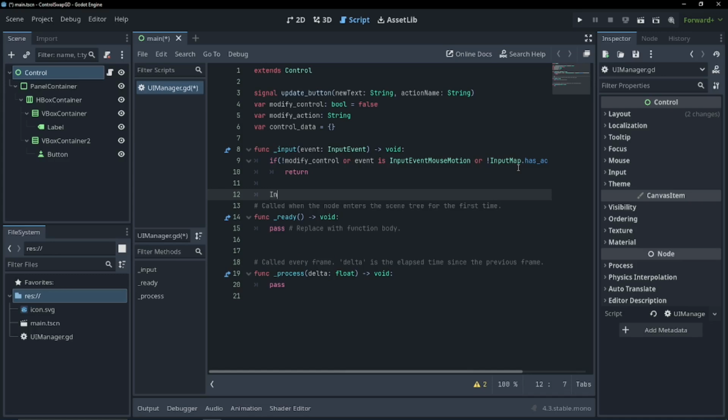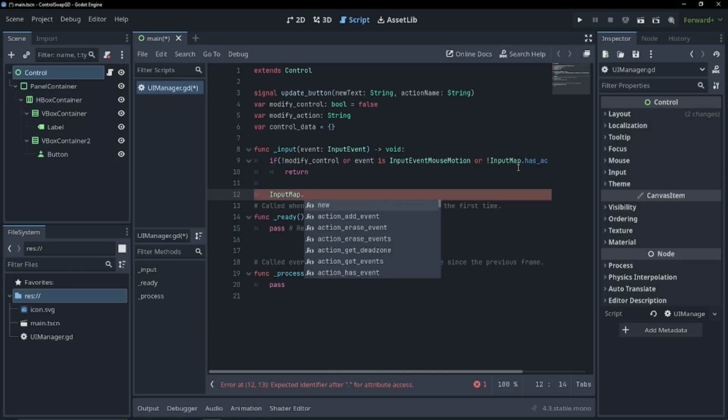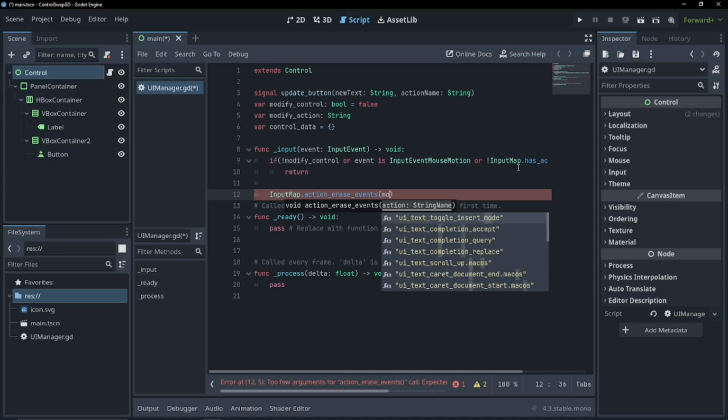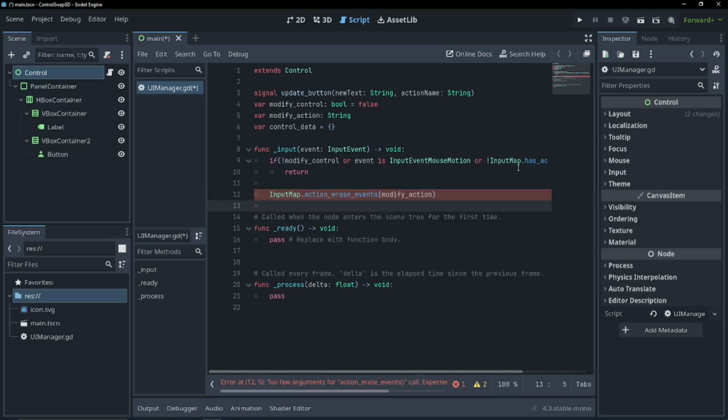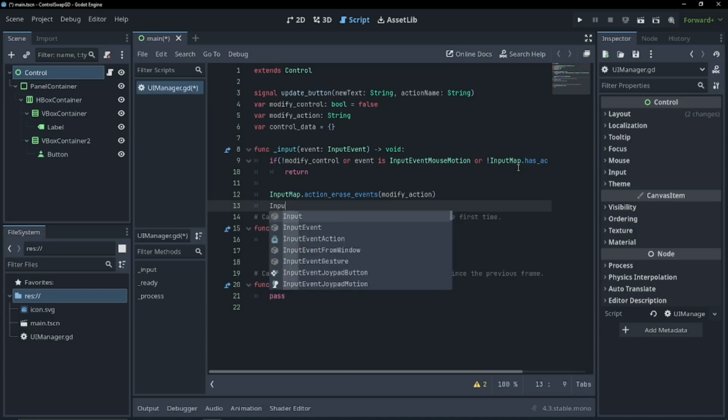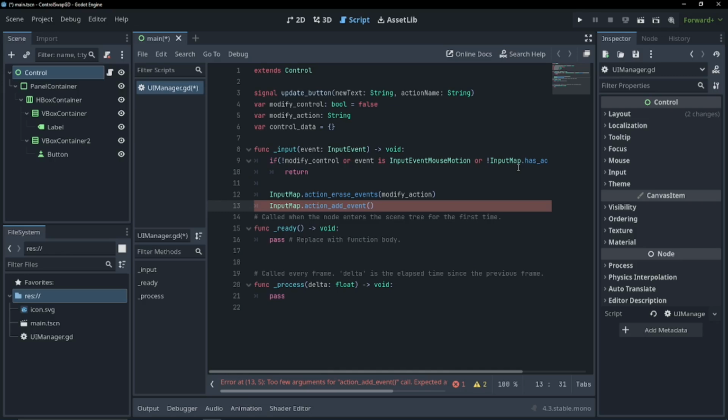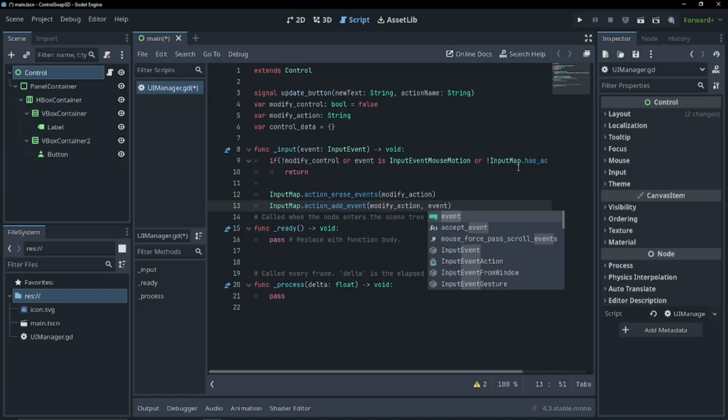So now we can delete all the previous input maps in our user controls because we don't want the user to have multiple controls. We don't want to keep adding on to it. We want to reset this. So InputMap.action_erase_events for erasing everything. Modify action. Now we're going to add in a new event. So InputMap.action_add_event. Now we've got to pass in our modify action string and our event. If all you want to do is modify controls when the user has it on, this is all you're going